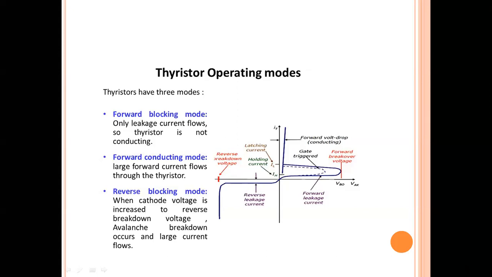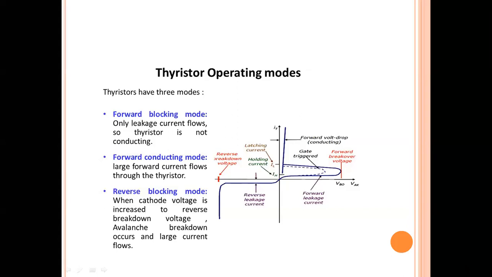So here, negative is going to be connected to the P layer and N layer of junction J1. So this is going to be negative, then this. Okay. So junction J1 is going to be reverse bias. Negative is going to be connected to this N layer, and this positive is going to be connected to this P layer. So this junction J2 is going to be forward bias. Coming to this junction J3, more positive voltage is connected to this N layer, then this P layer. So junction J3 is going to be reverse bias.